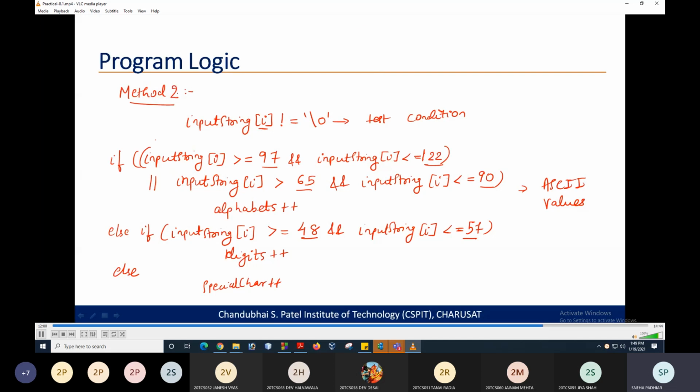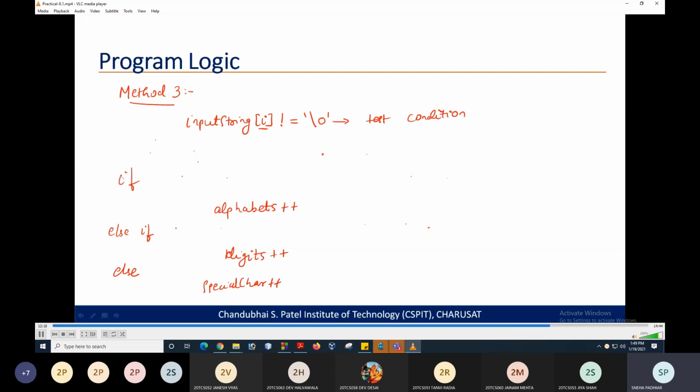Okay, and again we are having one more method wherein we can check the number of alphabets and the digits. You can directly use the method isalpha, and in the input you need to give the variable input string of I. So again we are going to compare each and every value of the string.